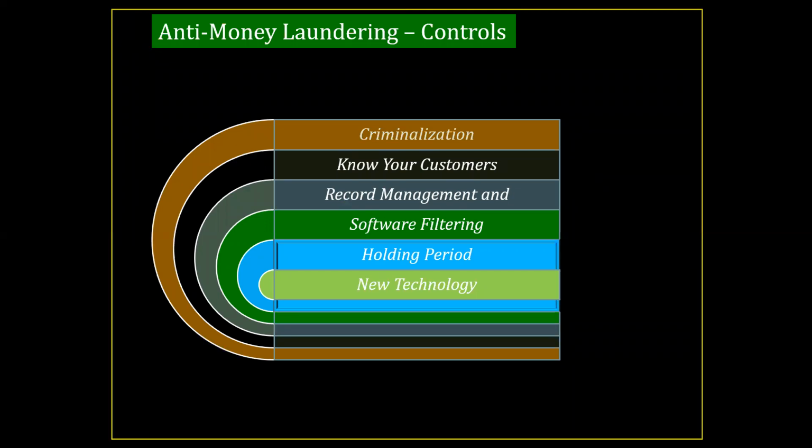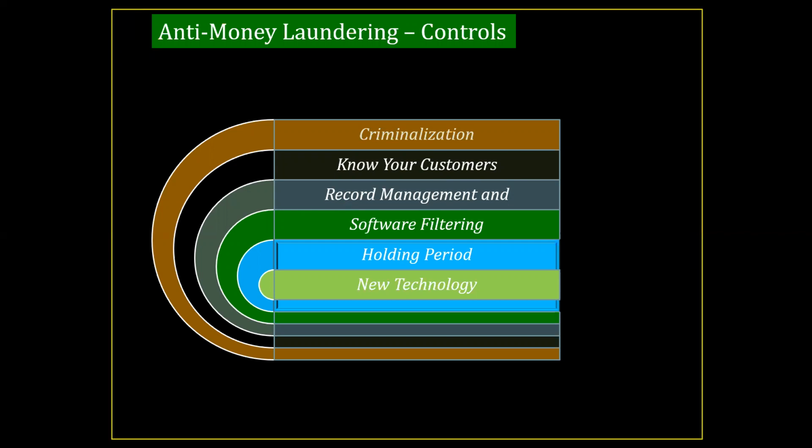The fifth one is new technology. The technology used to identify suspicious activity linked to money laundering continues to evolve and become more accurate. Technologies such as AI and big data software allow the system to become more sophisticated. So these are the various controls of AML that include criminalization, know your customers, holding period, new technology, and various